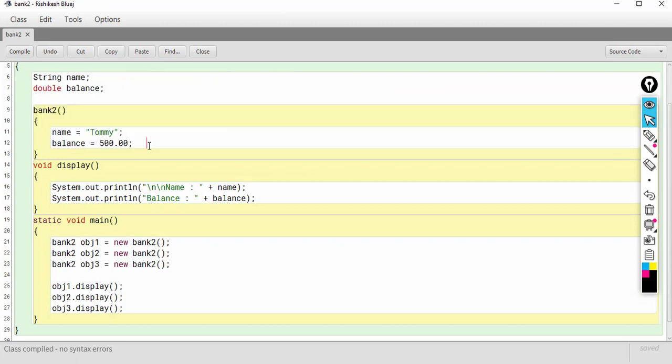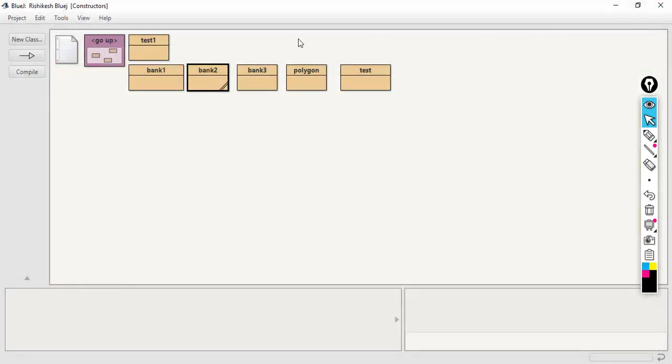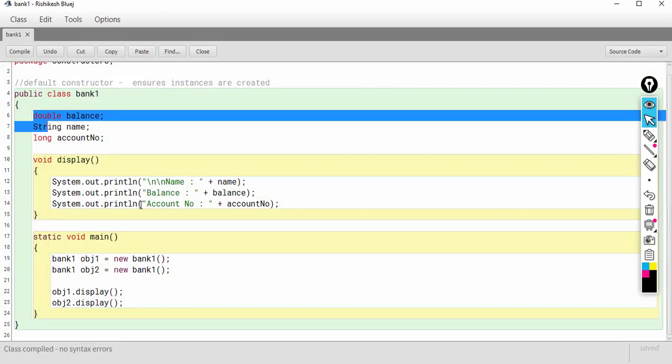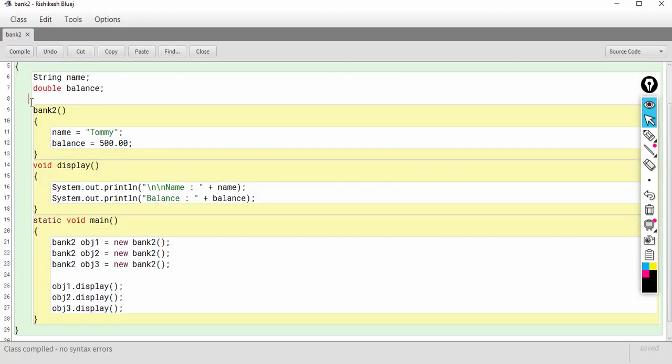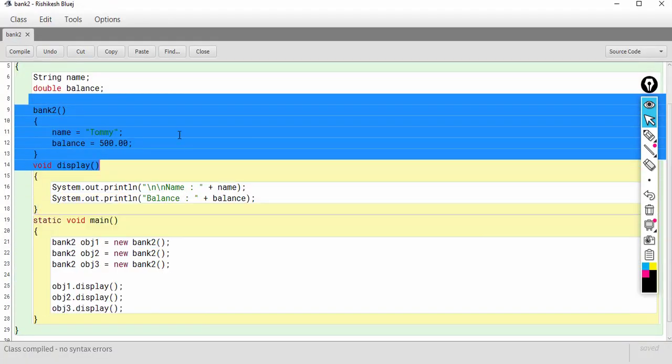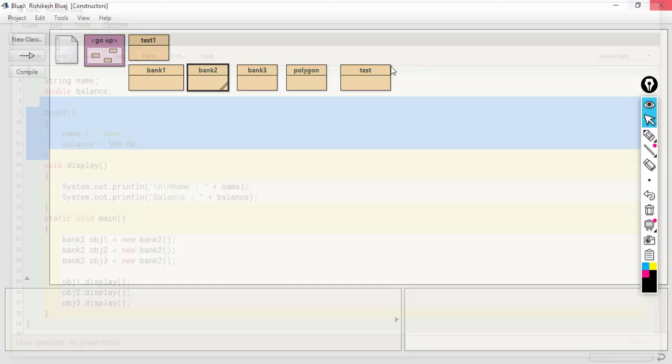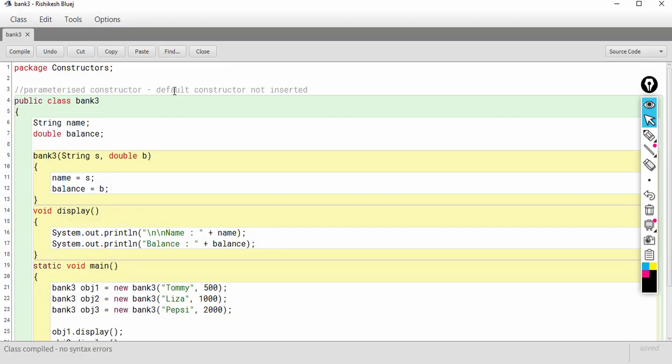That can be obtained by using a parameterized constructor. So now we have seen the example of the default constructor, the example of the non-parameterized constructor, and now we are going to see an example of a parameterized constructor.